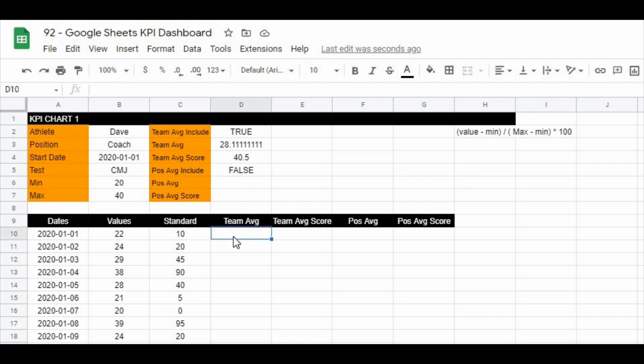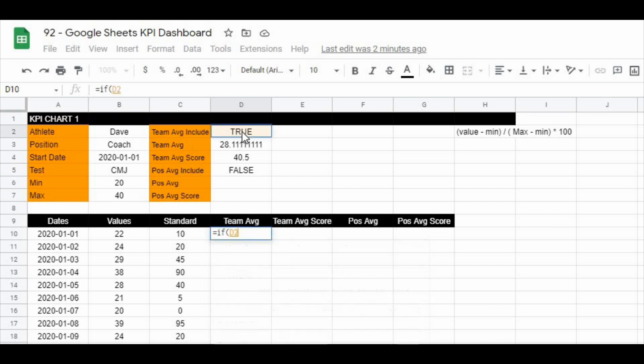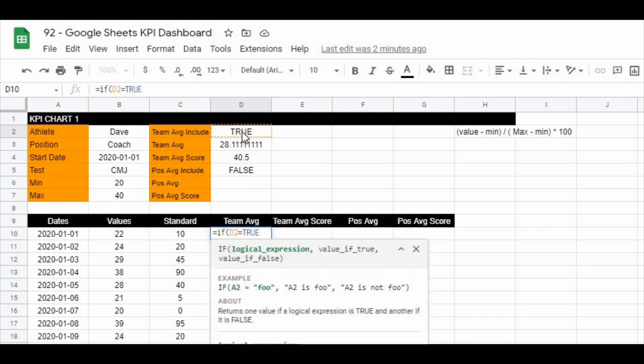Okay, then the next thing we want to do is we actually want to pull these values out so that we can add them into our graph. So in order to do that, what I'm going to do is use a formula that looks to see if anything is in these cells here, and if it is, then I want to return the actual team average. So what this is going to look like is equals if. The first if that we want to go through is if we even want to include this. So if D3 equals true, meaning that we do want to include the team average, I'm going to put comma,